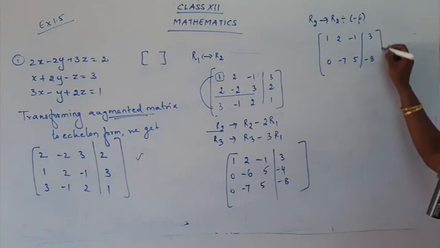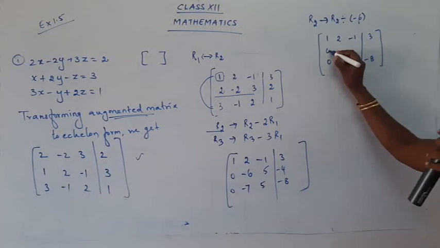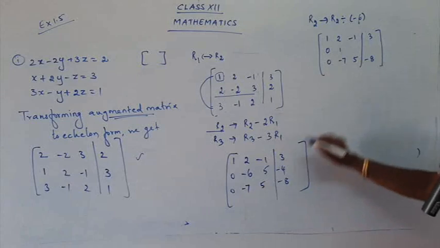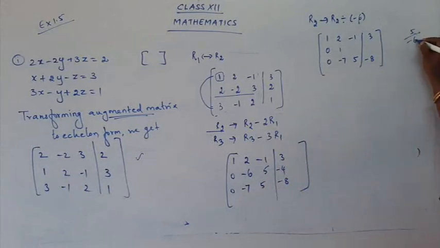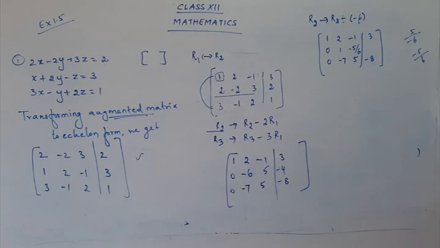5, minus 8. Okay. So now we are going to do a change in our row 2. So first, 0 divided by 6 gives you 0. It remains the same. Minus 6 divided by minus 6 is 1. 5 divided by minus 6. Actually we can keep this in the same manner, or we put it as minus 5 by 6. This is the standard form, okay. So put here minus 5 by 6. No need to represent the fraction in terms of decimal. You just keep it as a fraction. So minus 5 by 6.